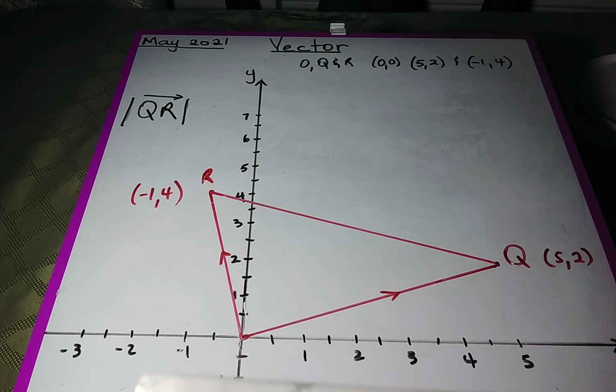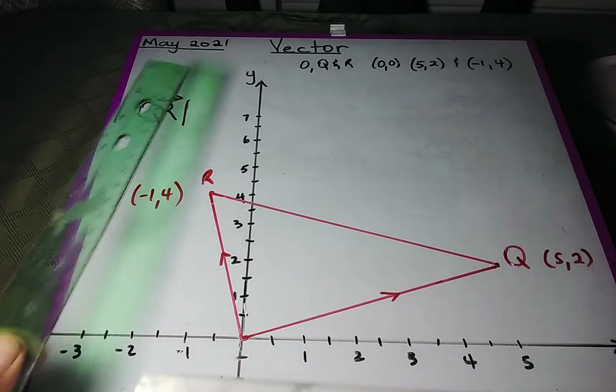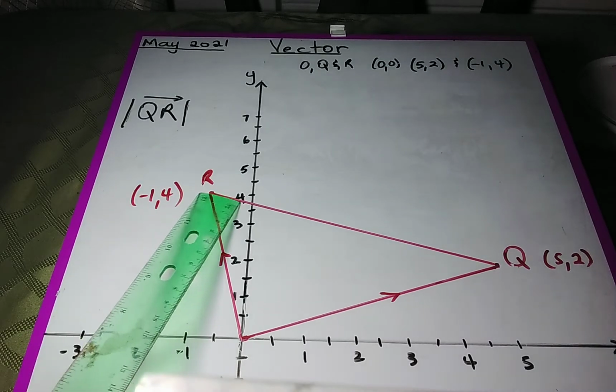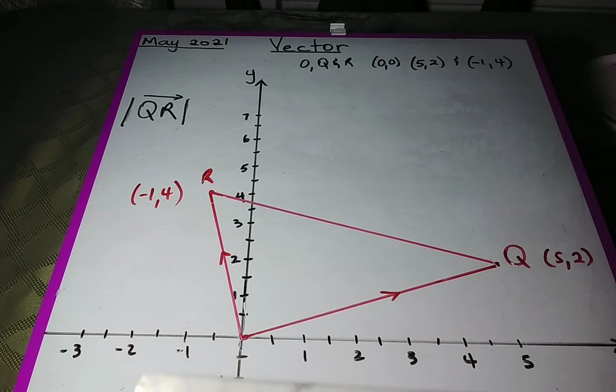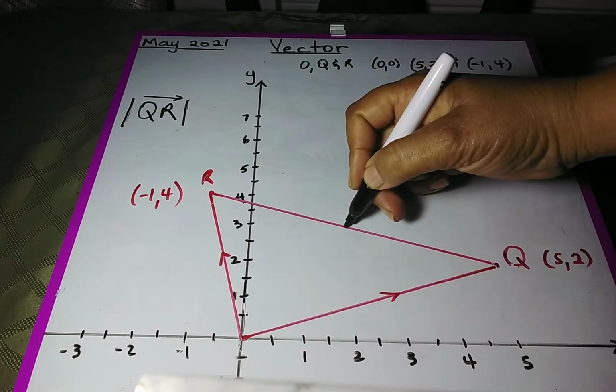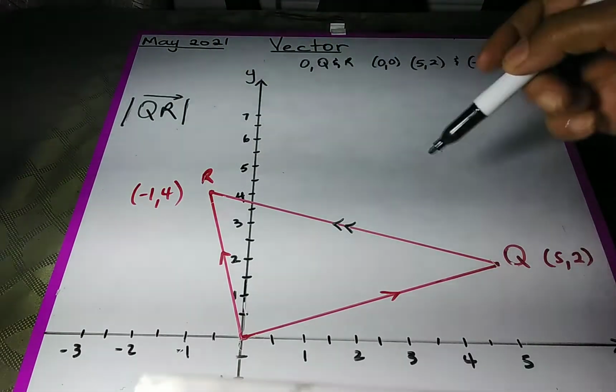Now the second part of the question asks us to determine the magnitude of vector QR. So we are trying to find the length of QR. Now if I put in the double arrow, QR, we know that is the resultant. So it is going,